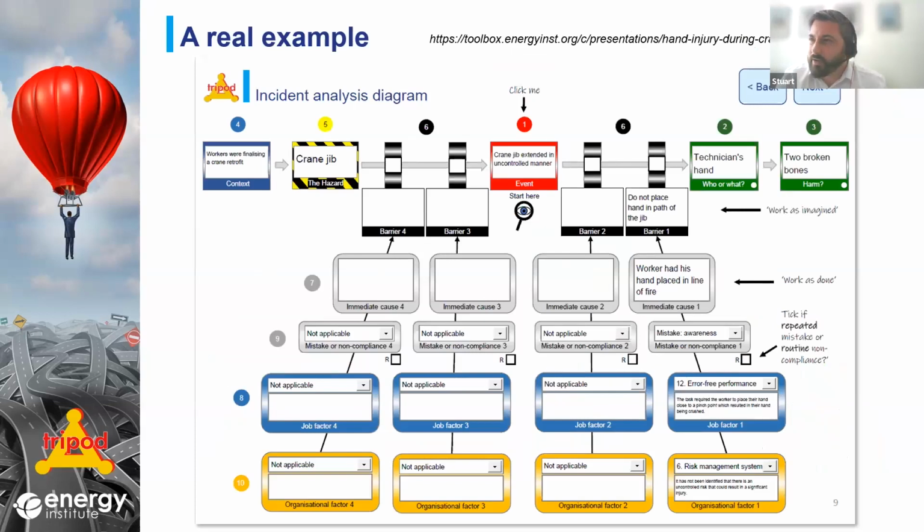This is a real example. It's not a real investigation, but it's a real incident, and it's a real Tripod Lite analysis of a real incident. It was found on the Energy Institute's Toolbox website, which contains several hundred incidents that have been made publicly available by real organizations. They often represent pretty good, high quality investigations, and usually there's lots of information for learning how to prevent the incident, but even then I could only find one barrier,